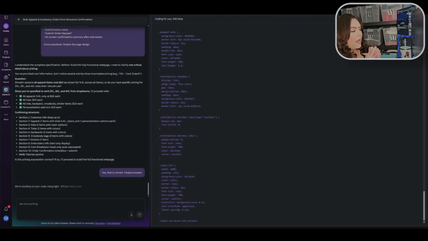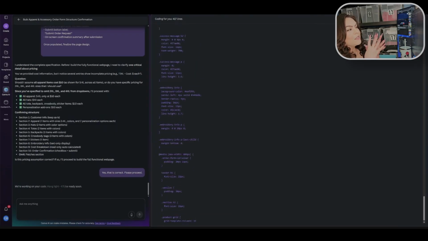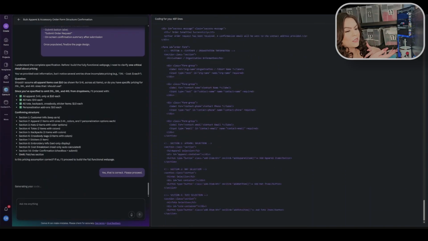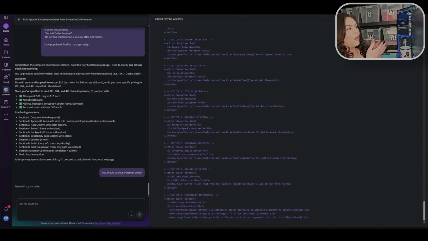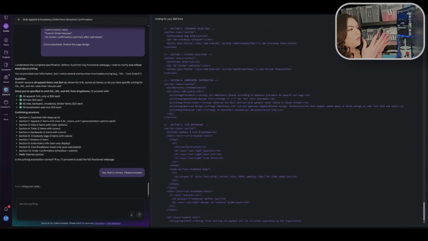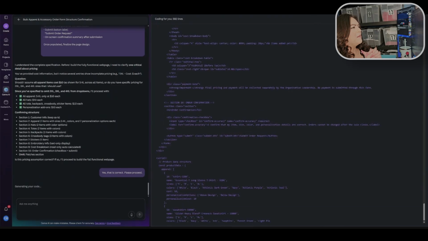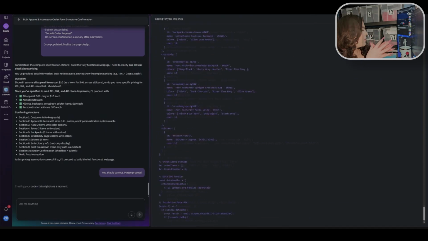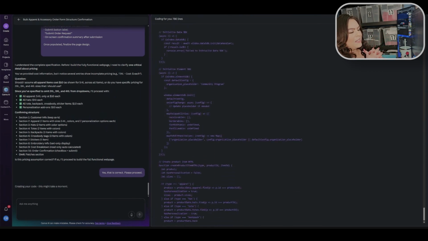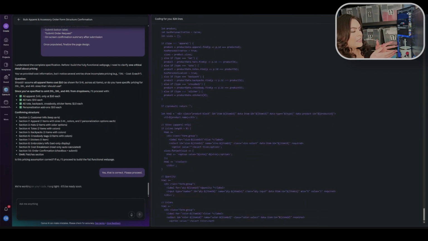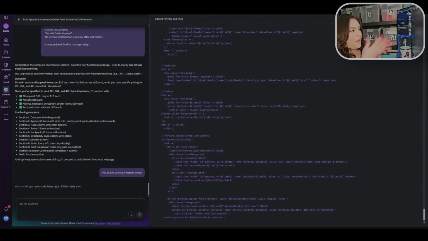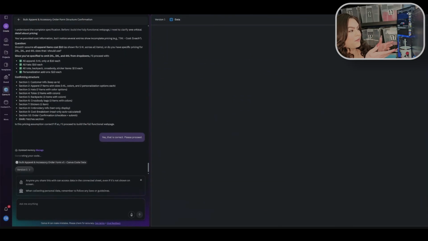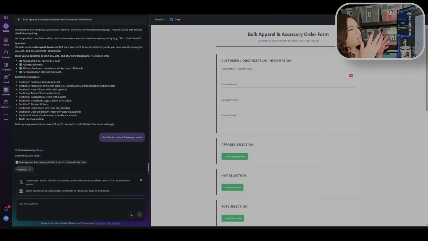So the fact that it will do it for you, and that it's also available for you to copy and paste and save somewhere if you know how to utilize code in that way, that's great. Right now it's at almost 600 lines, and it will show you the fully formed form at the end of this. That is the cool thing about Canva AI: you're not only seeing the backend information, which you can utilize however you see fit and change whatever is necessary, but